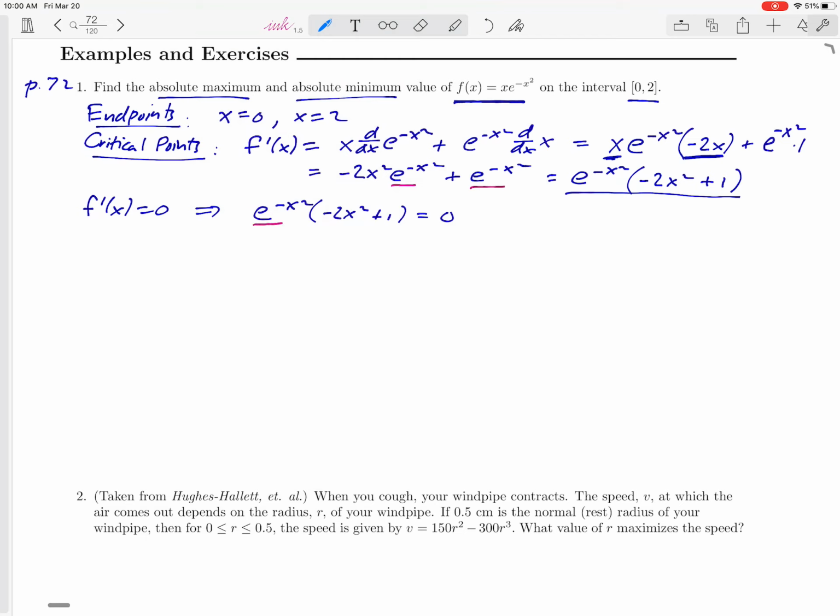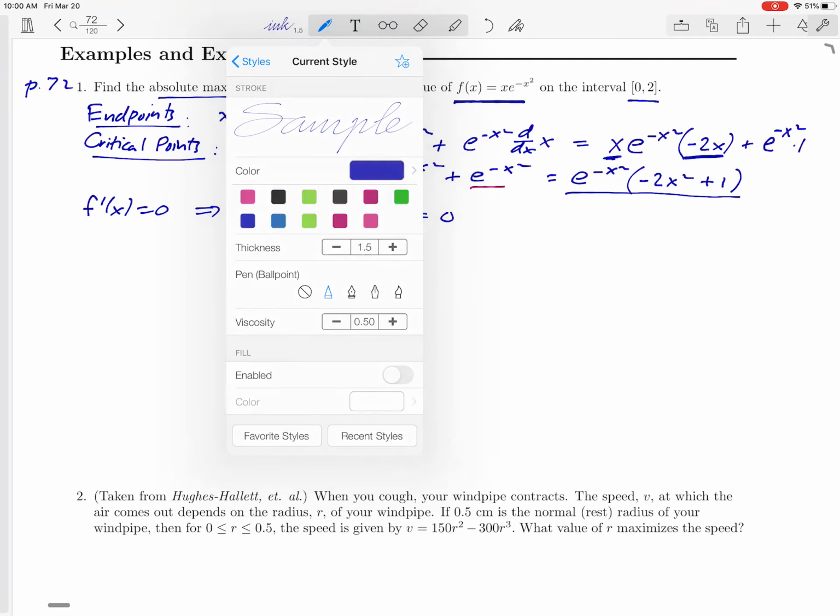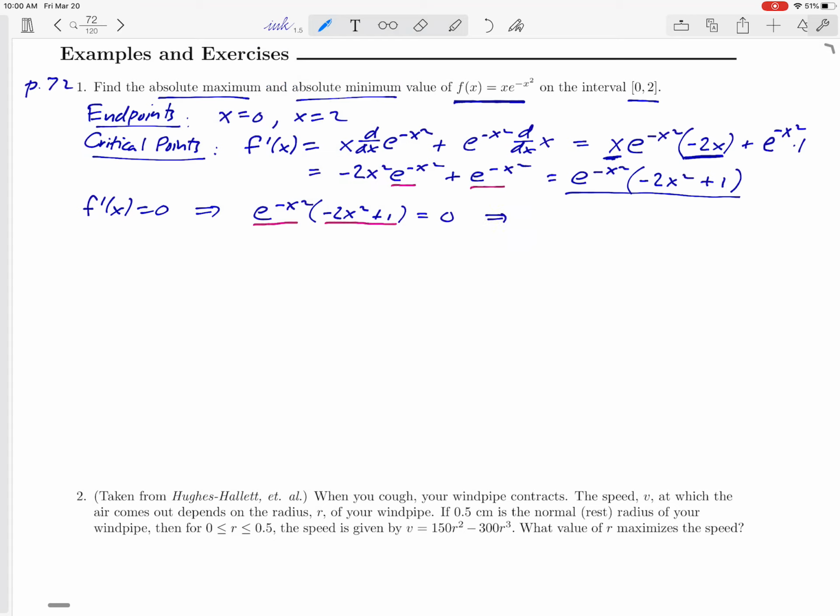Well, there are kind of two pieces to this expression that we have here. There's the e to the negative x squared at the beginning. If you think back to algebra for a minute here, e to a power can never equal 0. So if you were to take e to the negative x squared and set it equal to 0, you would discover that there are no solutions, which means that we don't even really need to worry about the e to the negative x squared part of this. What it really comes down to is when that second term, the minus 2x squared plus 1, is equal to 0. So we'll set that equal to 0